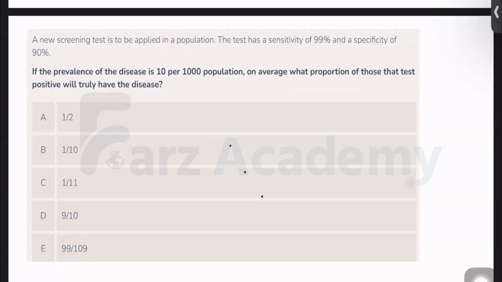Number 10. Yes? Mm. Tell me what is your 2 by 2 table, or if you're able to create that, or if directly formula you're using. Whatever is there, tell me the calculation first step.